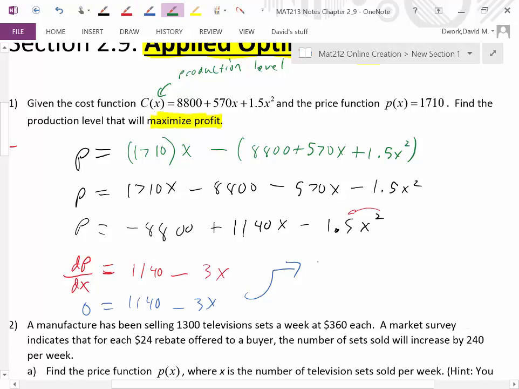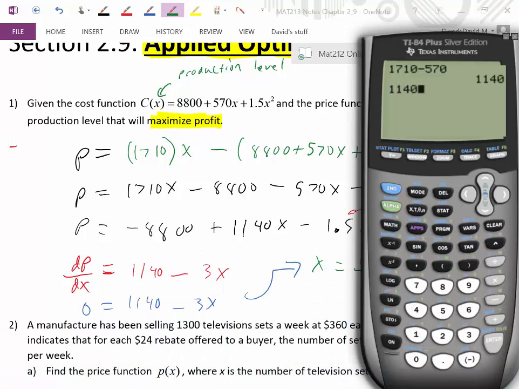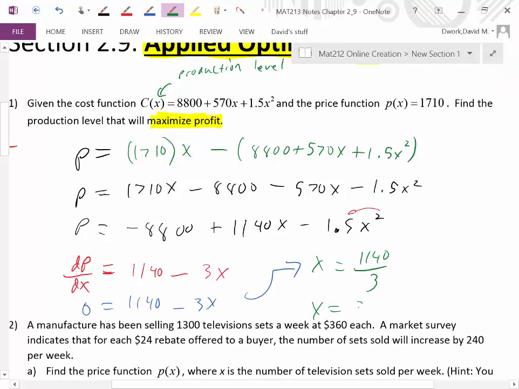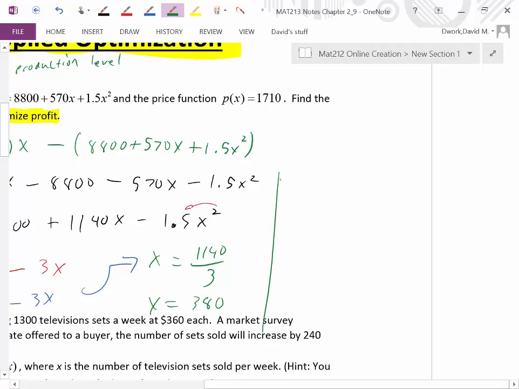So divide by 3, so this is going to be x equals 1,140 divided by 3, because it's a negative and a negative. And I don't know about you guys, but I'm using my calculator again. It's 380. So therefore x equals 380. So therefore, what does that mean? The production level that maximizes this situation would be 380 units. I should write the word units, 380 units will